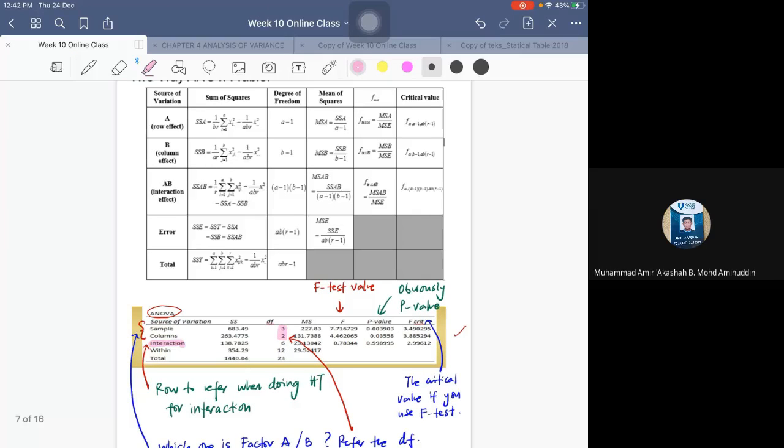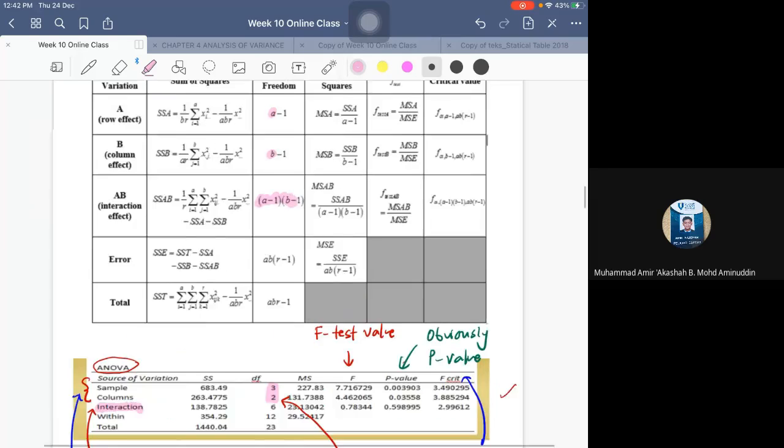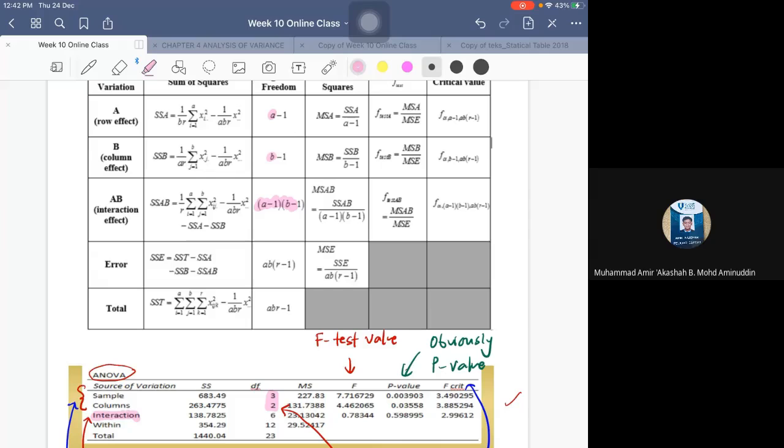So I already explained to you what is A and what is B. And for the case of interaction, the degree of freedom is going to be the product of both of them: A minus 1 multiplied by B minus 1. And here for the case of error, it's going to be AB multiplied by R minus 1. And what is R? R represents the